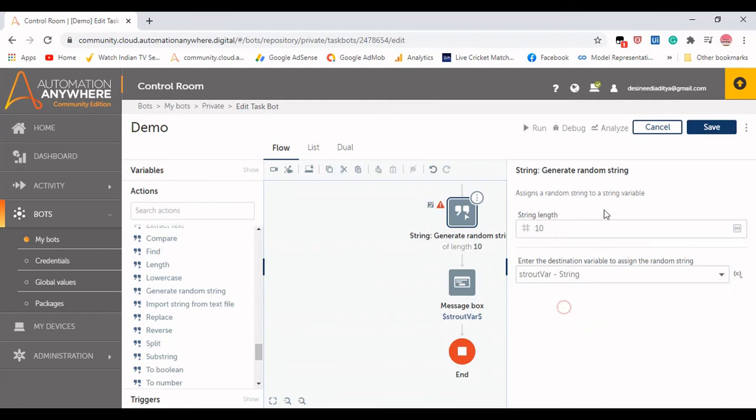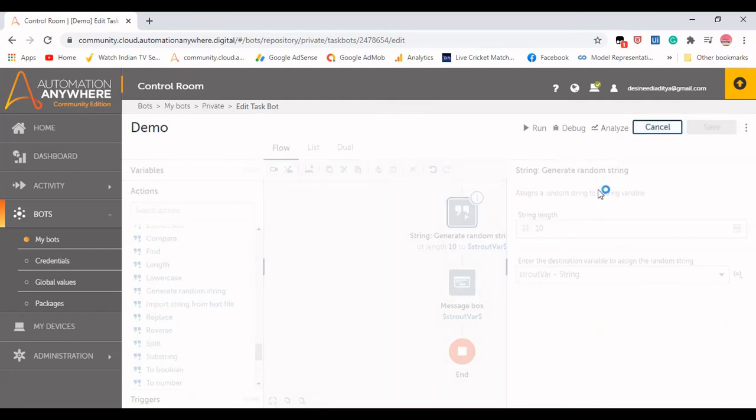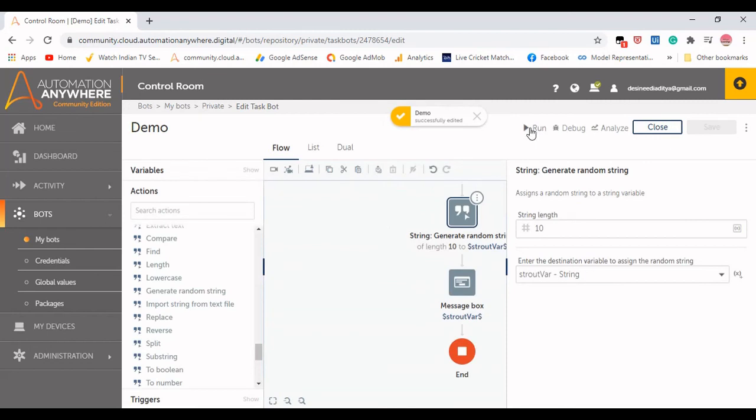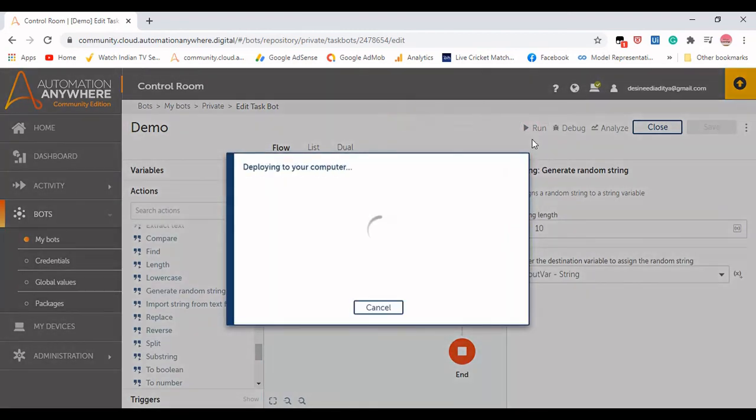So it will give me a 10 character length string variable, which is randomly generated. This is useful when you are creating random passwords, user passwords, and to create a random password every time.